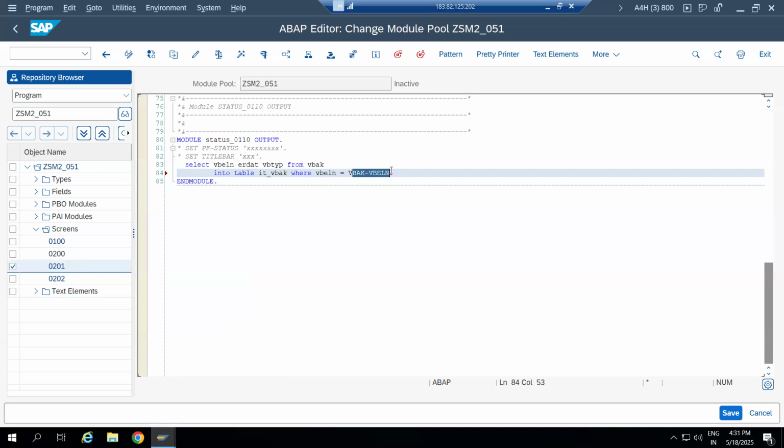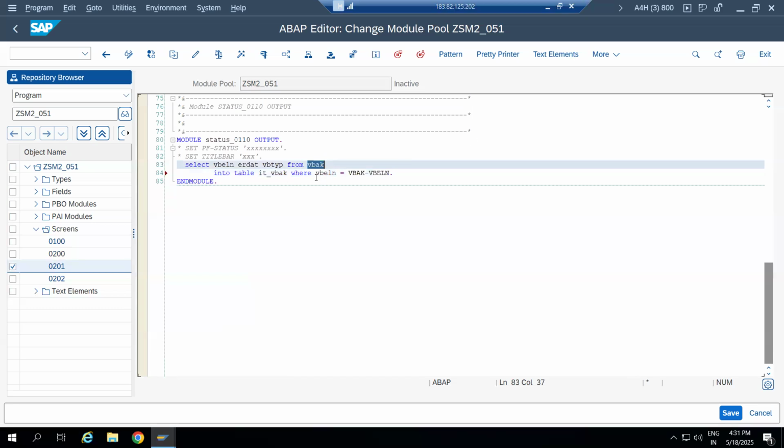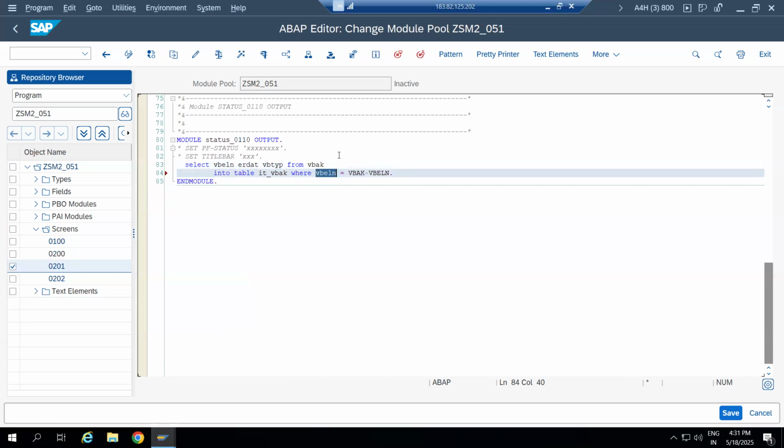So this is entering in the 100 screen. Based on the user input, it will go to VBAK table, and in VBAK 246 columns are there. But we are going to VBLN column only. As I mentioned, fields are nothing but columns. So it will go to VBLN column and it will search for the input. Suppose if user has given 10, then it will go to VBAK table. In VBLN column, if 10 exists, it will be stored in this internal table,